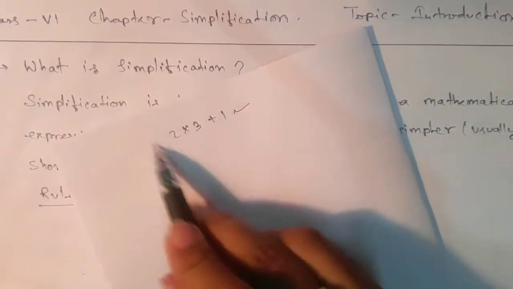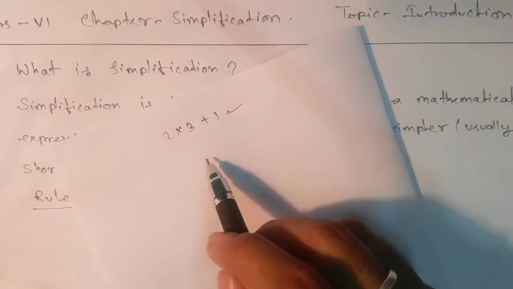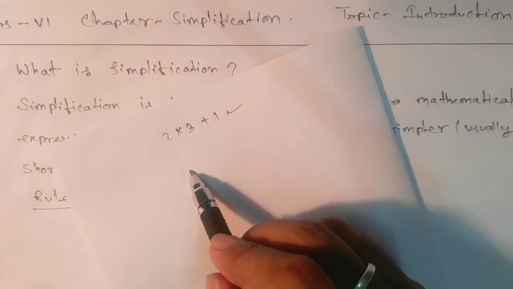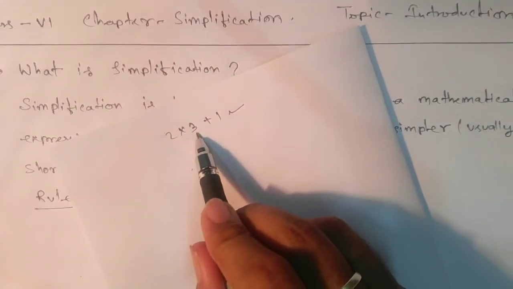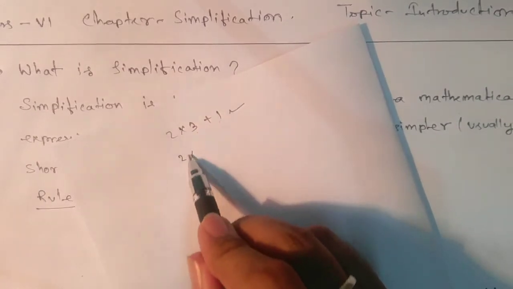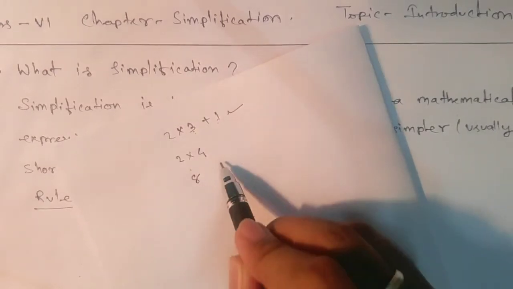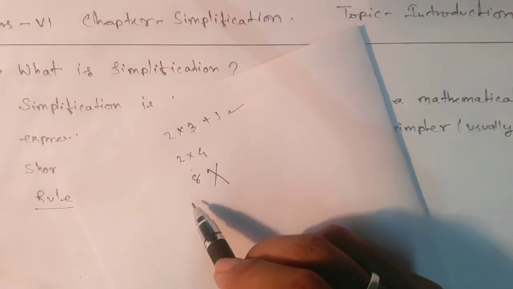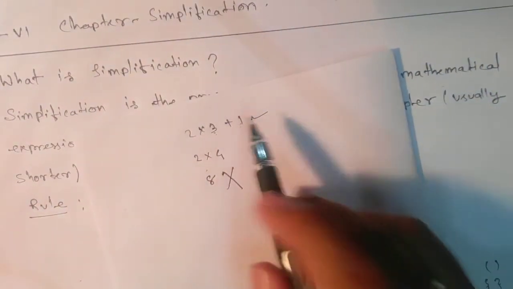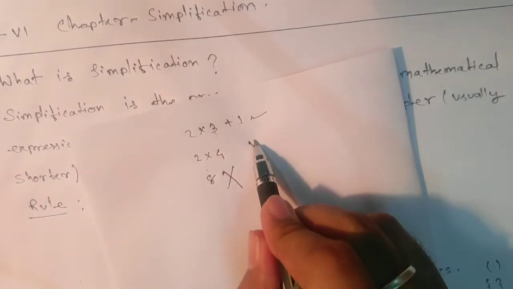Now you need to make it in a shorter form, and the process you are going to apply is called simplification. So what rule are we going to apply? Your rule is that first a multiplication and then addition. You cannot do it like 2 into 3 plus 1 is 4 and 8, if you write that, it is totally wrong. To solve a problem like this you need to follow a certain rule, and the rule is